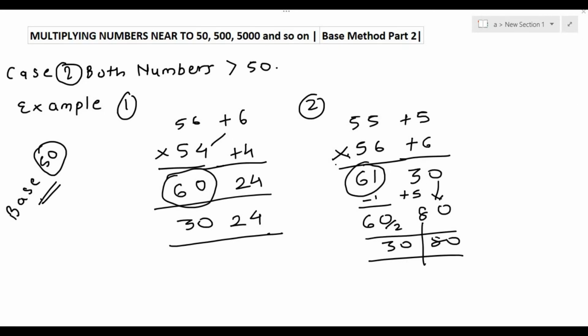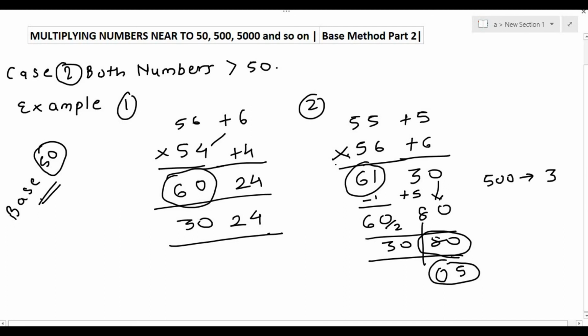Before moving on to 500 and 5000, one thing that you have to take care of is that when we multiply with the numbers with 50, there are two places on the right hand side. So even if there is one number, when we multiply it with 50, like 5, you have to write 0 on the left hand side, so there will be two places. Similarly, while multiplying with 500, there will be 3 places. And while multiplying with 5000, there will be 4 places. So even if there are blank spaces in the front, you have to conclude by writing zeros in front of them. And one more thing is, this 5 which is added is always added on the first side of the right hand side.